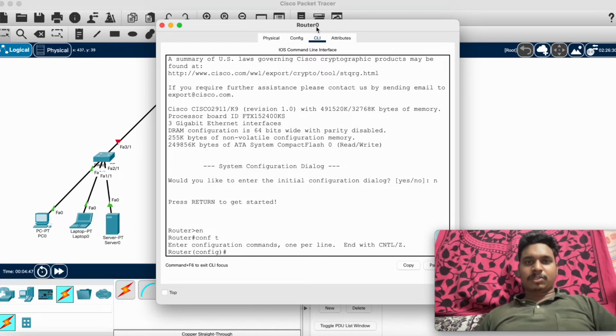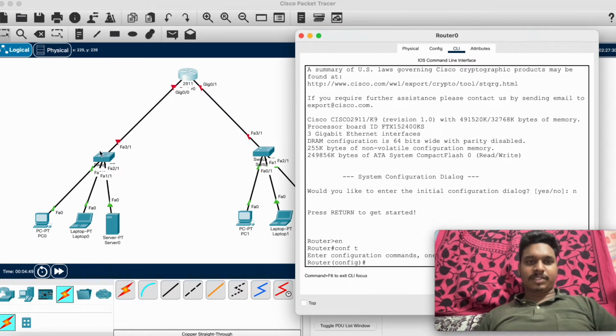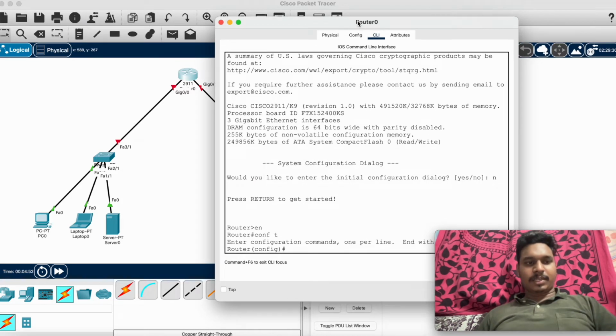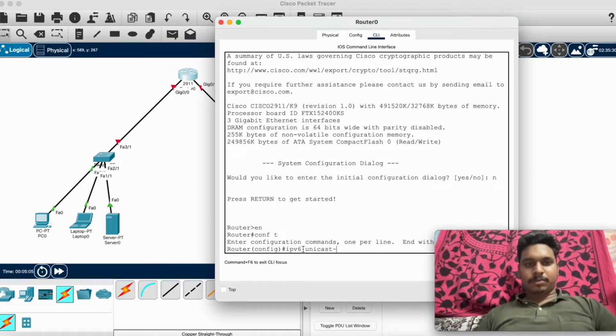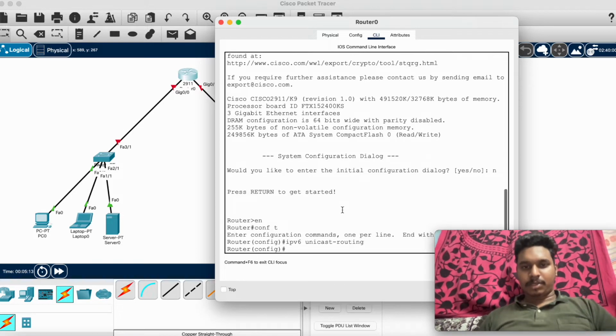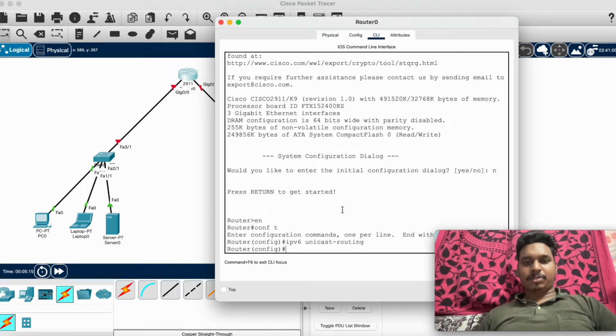So first let us configure this switch with this router. For that we need to give IPv6 unicast routing. So we will see here IPv6 unicast routing. So now we have entered IPv6 on the router.